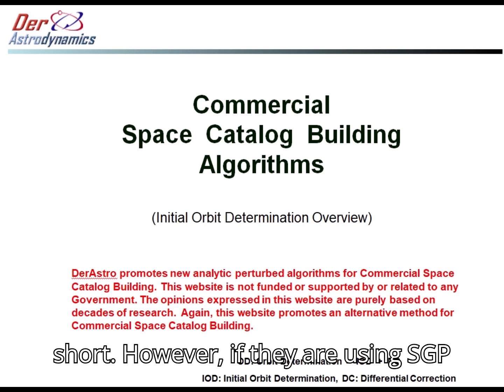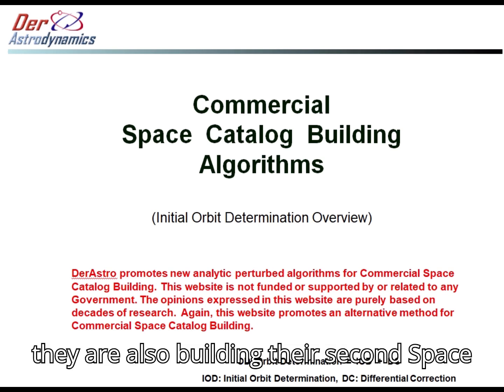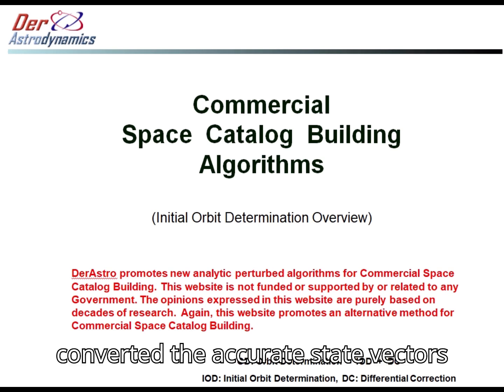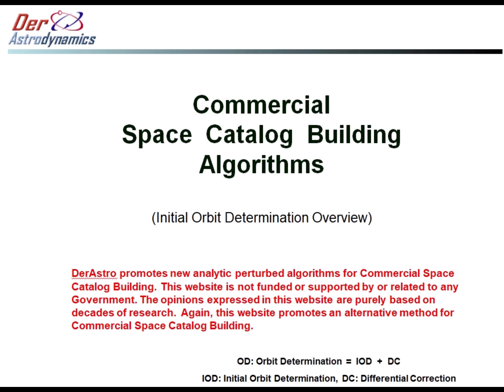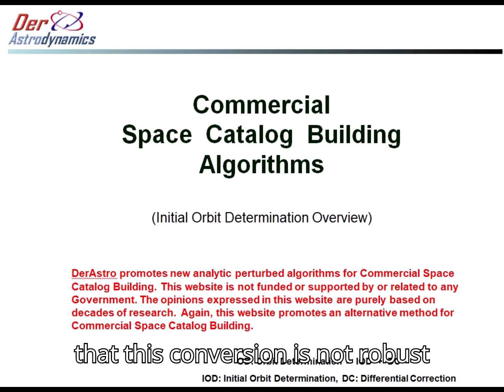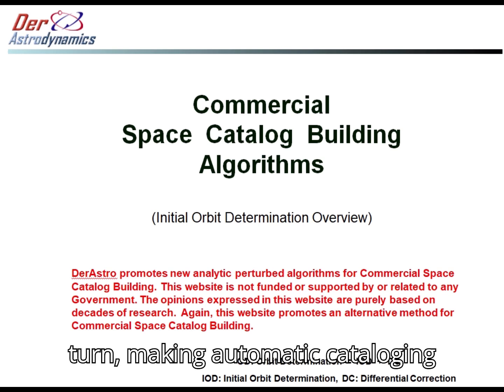However, if they are using HB4 for analytic propagation, they are also building their second space catalog, TLE. That is, they converted the accurate state vectors in the SP to mean orbital elements in the TLE. It is well known that this conversion is not robust and HB4 has singularities, and in turn making automatic cataloging